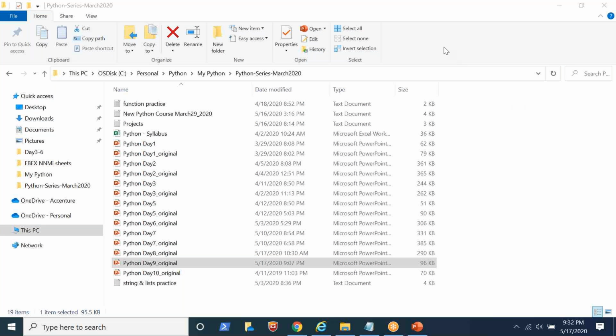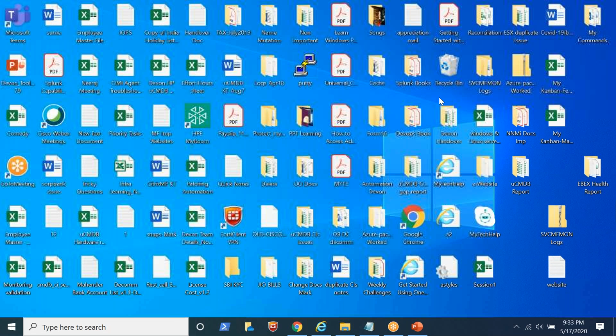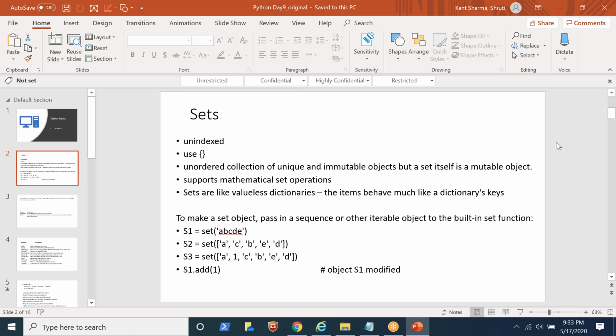Is my screen shared or not? Let me share my screen. Okay, so okay. Hmm, give me a second. I hope there should be some more guys, but